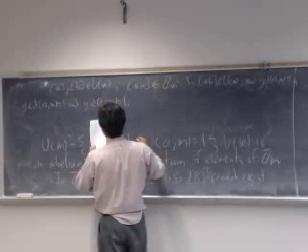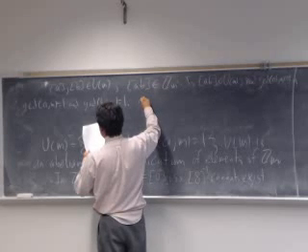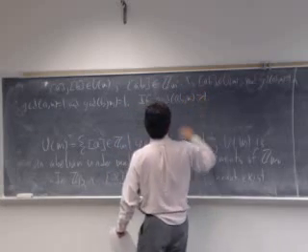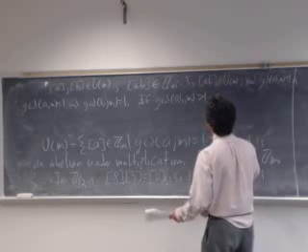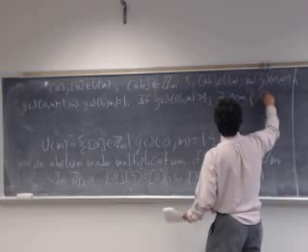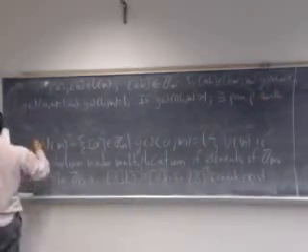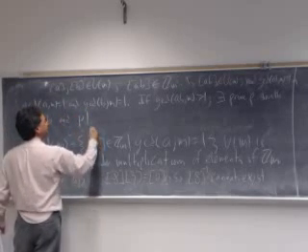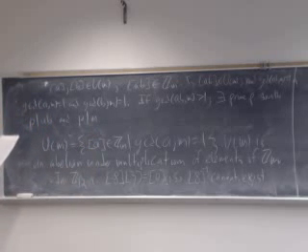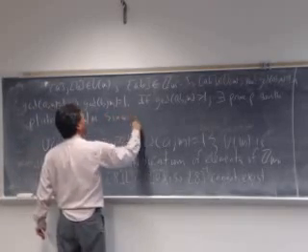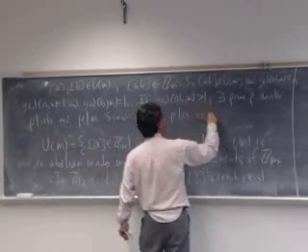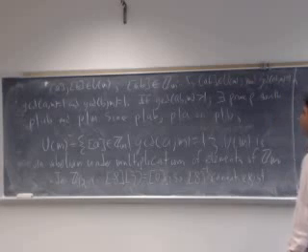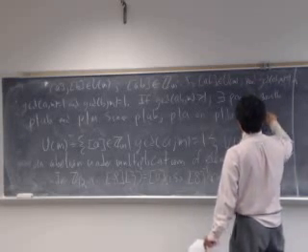So what we certainly have is, if the GCD of AB and M was greater than 1, then that means they have a common factor, so there has to be a prime P where P divides AB and P divides M. But now by Euclid's lemma, since P is a prime, P divides A or P divides B. But if P divides M, we also have to have, since P divides M,